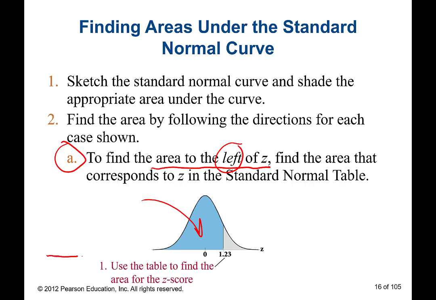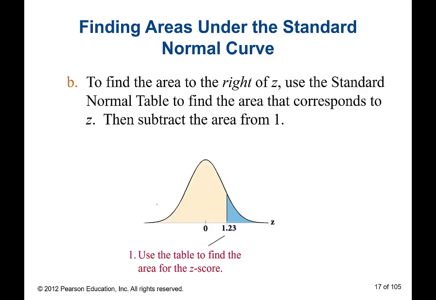Because the cumulative probability starts at negative infinity on the way left and goes up to whatever the z-score is. So we're going to use the table to find the area for that z-score. And the area to the left of z equals 1.23 in this case is 0.8907. So we're all set. Now, in the second case, the B case, we're asked to find the area to the